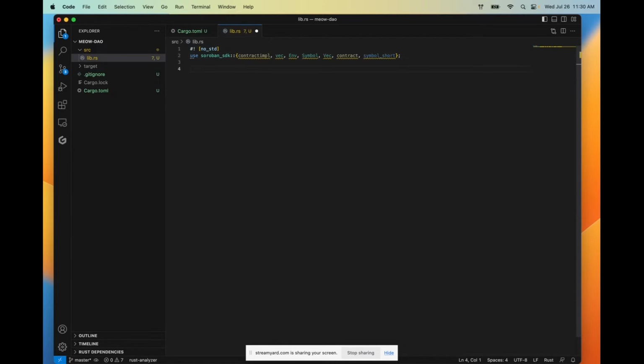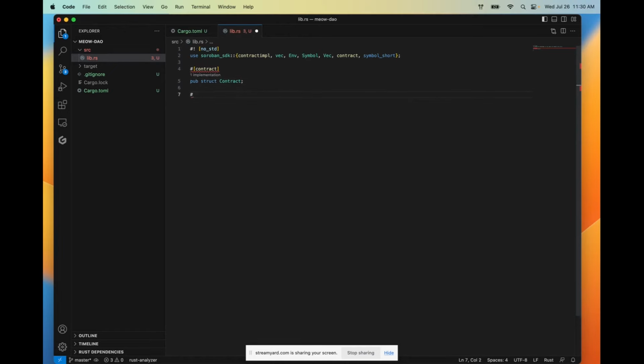Once we've done that, we're going to write our next line, which is this attribute that indicates that code written here follows certain contract rules. We're then going to declare a public struct named Contract. So pub here indicates that this struct is accessible and visible outside of this current module so that other parts of the code base can access it. Struct defines a new structure, which is a custom data type that holds multiple values of different types in a single data structure. And Contract is the name that we've given to the struct.